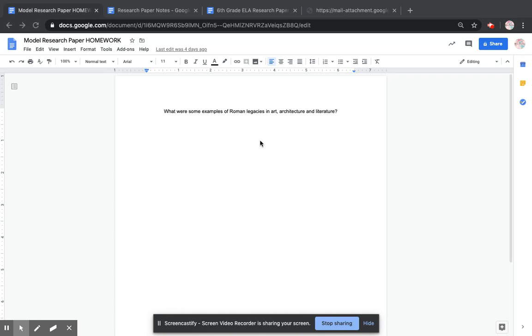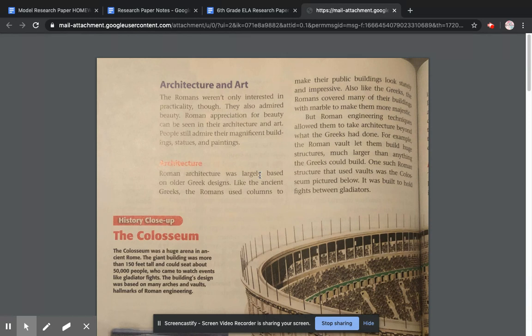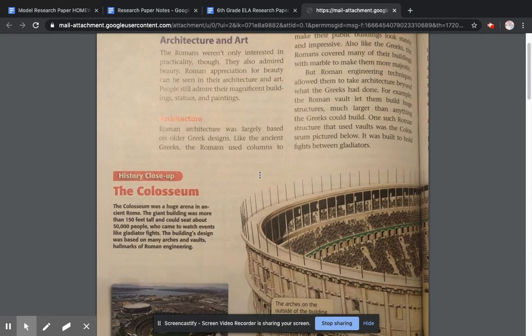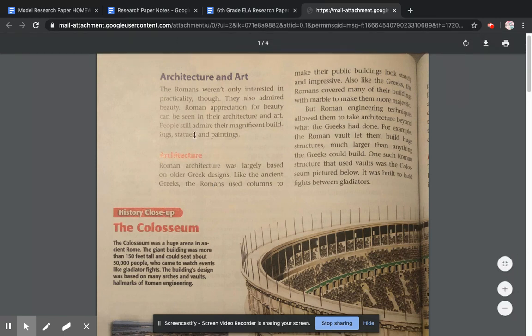So the first thing that I'm going to do, and what I recommend you guys do for your Greece papers, is that you take a look in your textbook. So this came from the textbook, and I've already read it once, twice, three times, and kind of thought about what I really want my three body paragraph topics on. So I'm going to be using this as my first research